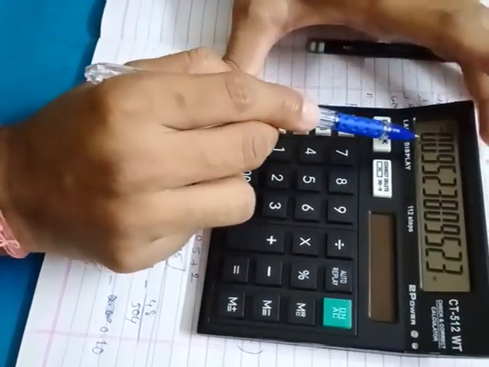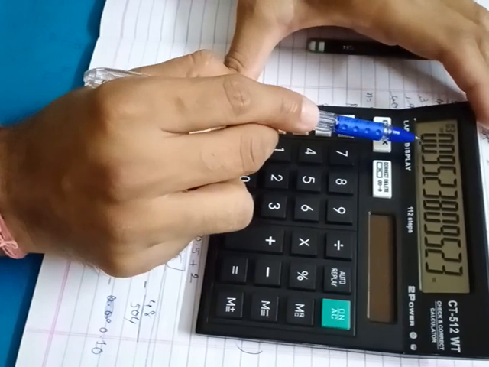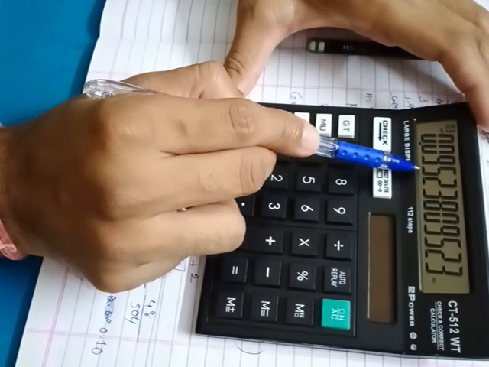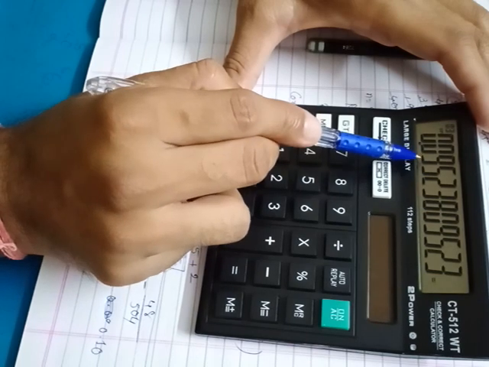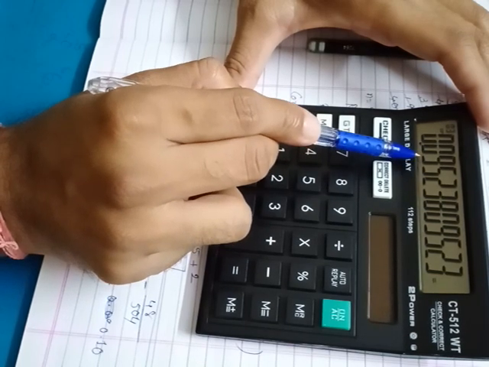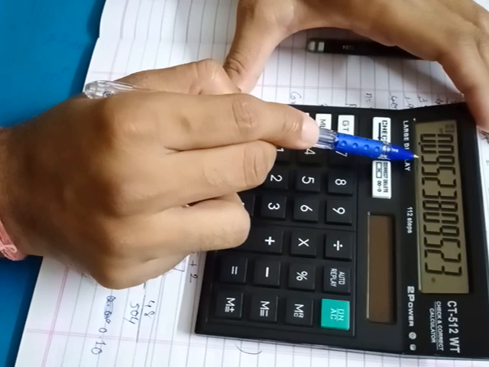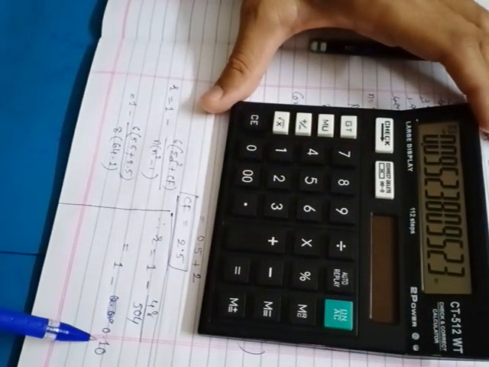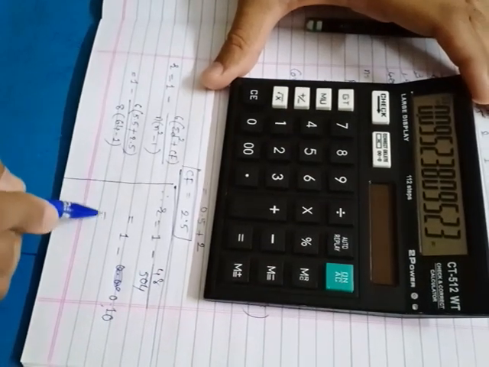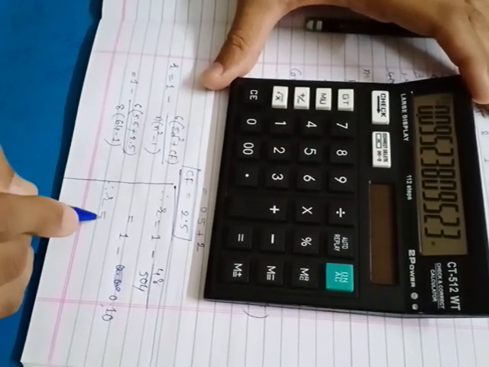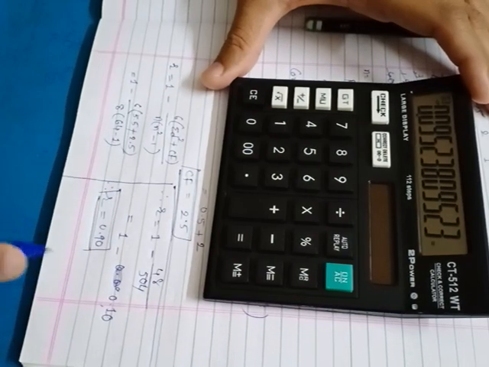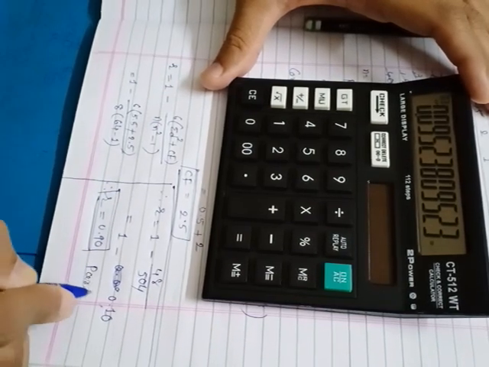You can see on the calculator screen that I have shown you 0.09 and the third digit is 5. If it is 5 or more, then you have to add 1 to the preceding value. So 9 plus 1 becomes 10, so I wrote 0.10. Now 1 minus 0.10, therefore r is equal to 0.90. So again we got a positive answer, but not exactly 1.